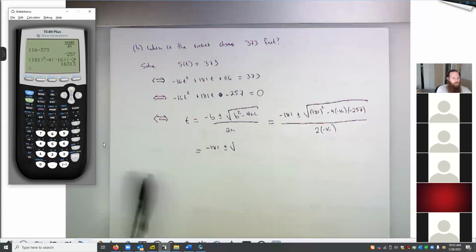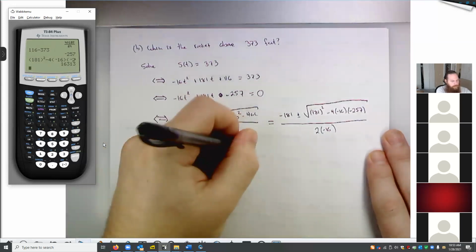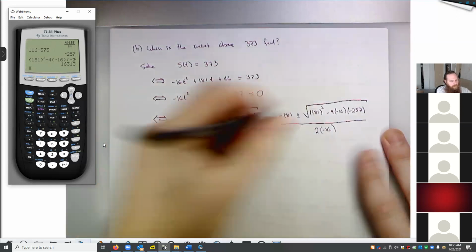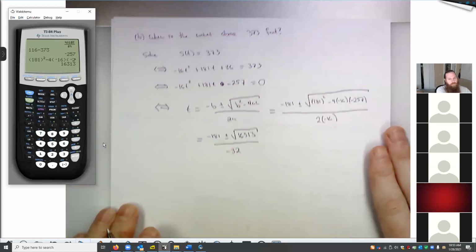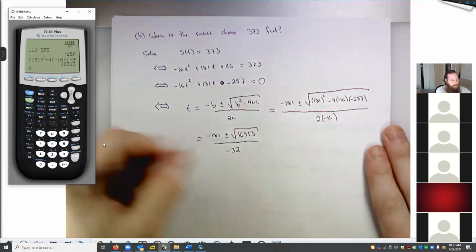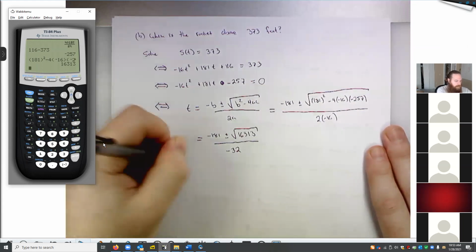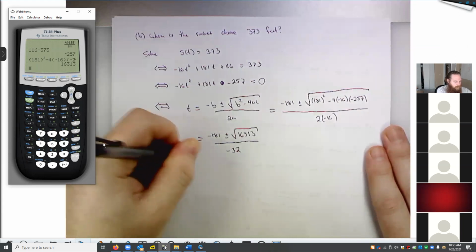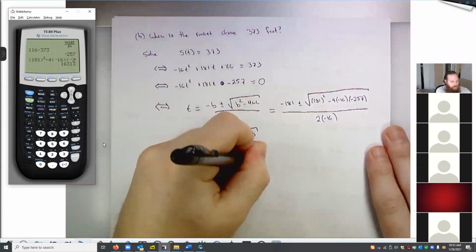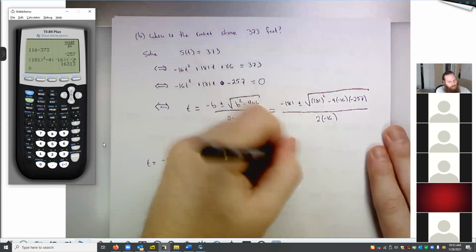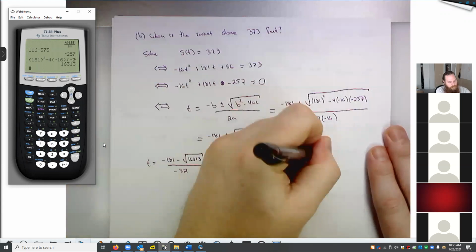So this is just the piece under the square root. That's 16,313. 16,313 is what goes under the square root. And then downstairs, negative 16 times 2 is negative 32. So here are my two solutions. I have t equals negative 181 minus the square root of 16,313 over negative 32, and t equals negative 181 plus the square root of 16,313